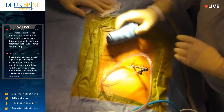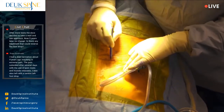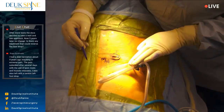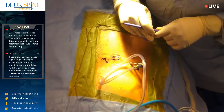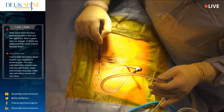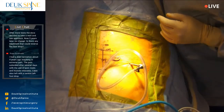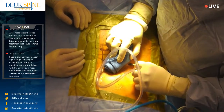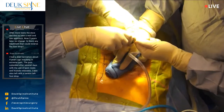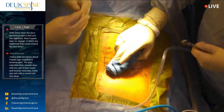Watch the scope. Can you all see this here? Let me have the marker. So just to recap, she has a herniation at L5-S1, which we've removed. She had 10 out of 10 pain at this disc, so that was causing a lot of back pain for her. But her main problem was the leg pain on the left side. We got all that herniation out. Now, had she had a normal microdiscectomy, they would have opened her from here to here, a big incision, because she's got a lot of soft tissue, and that would have been a very painful surgery. She would have had a lot of bone and ligaments taken out of her spine just to get down to that herniation. A lot of people don't realize that traditional spine surgeries